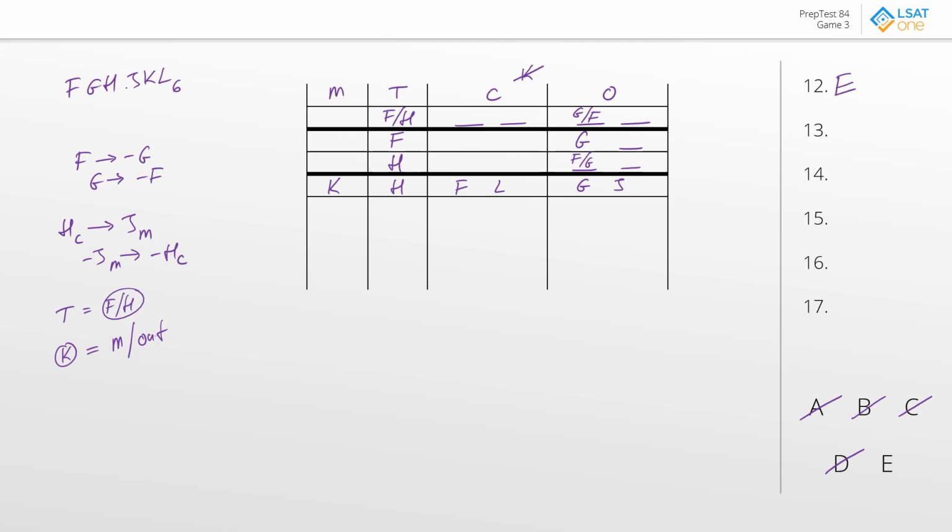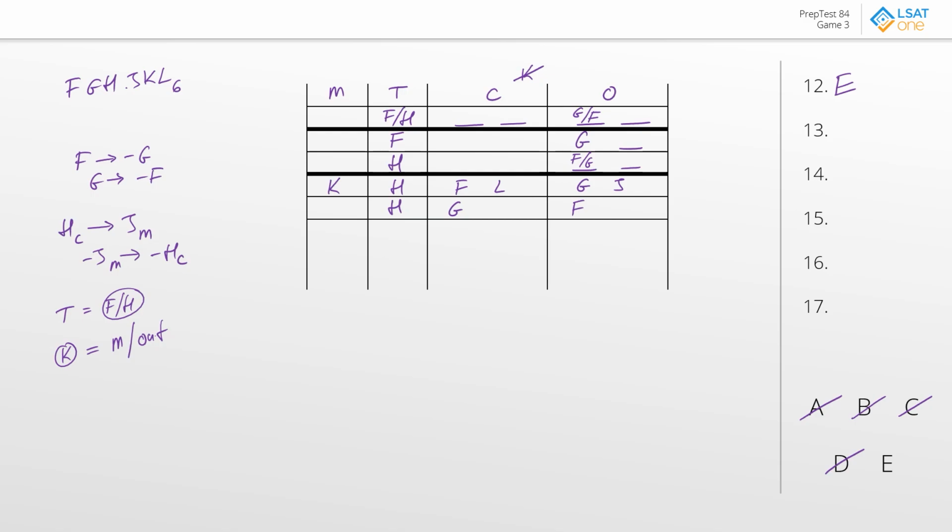So the local questions. Question number 13 asks, if G is a nominee for councillor, well, first of all, if G is a nominee for the council, that means that we can't have F be there with him, so F is definitely going to have to be out. And if F is out, that means that H is going to have to be the treasury here. Now, from here, can we do much more? It doesn't seem like it because, if H is the councillor, then we would have consequences, but that's not true, which means that this is not applicable. K can still shuffle between the mayor or out, so that's also a little bit flexible. So it looks like we can't do as much at the moment.